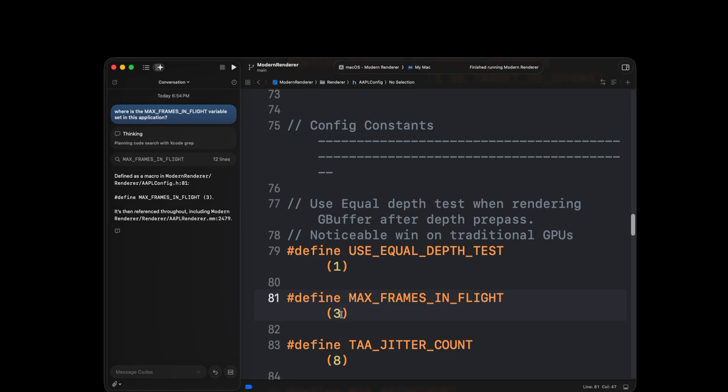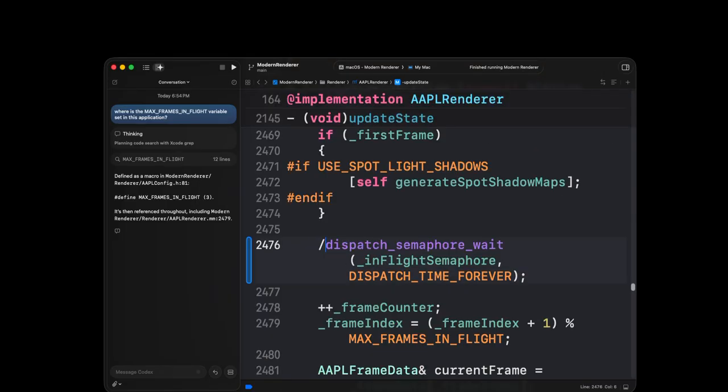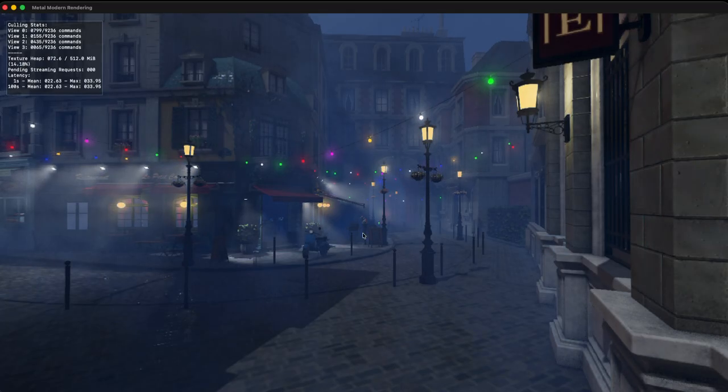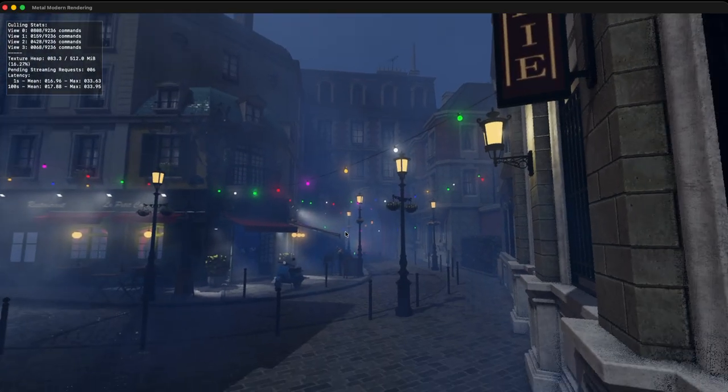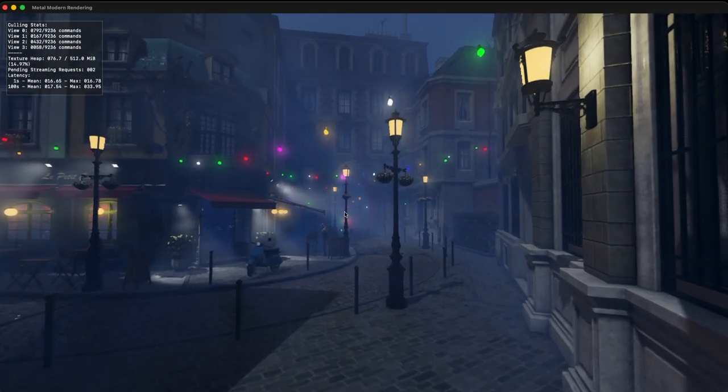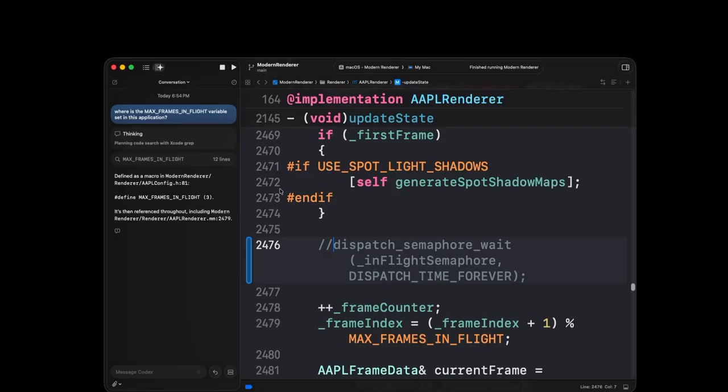But that's the lesson, guys. Now let's do 3 frames where we take out dispatch. I believe we're still good, right? We're still good. So anyway, guys,